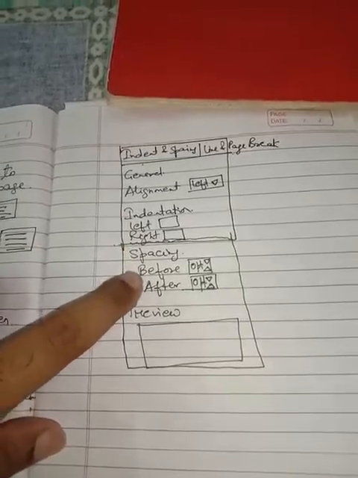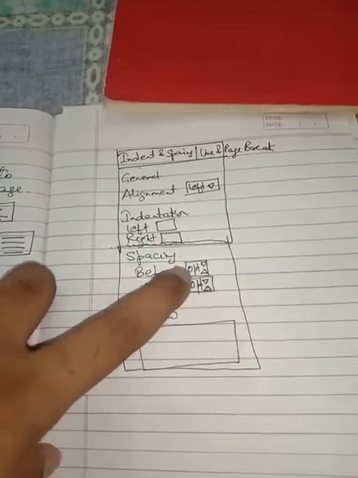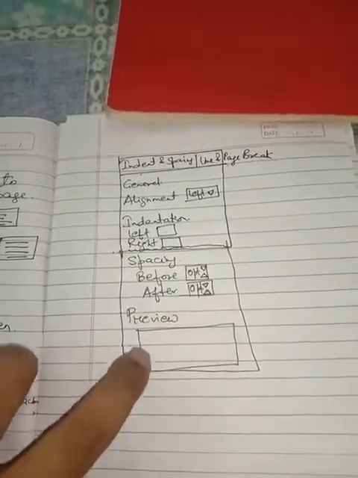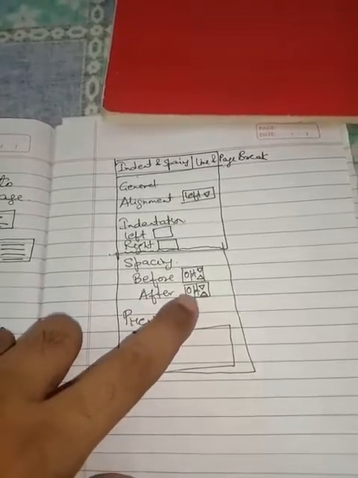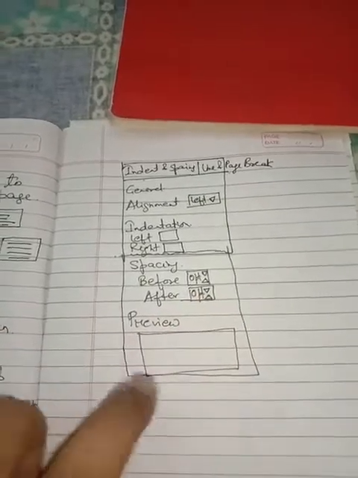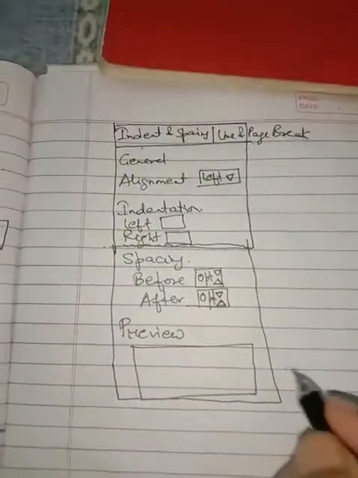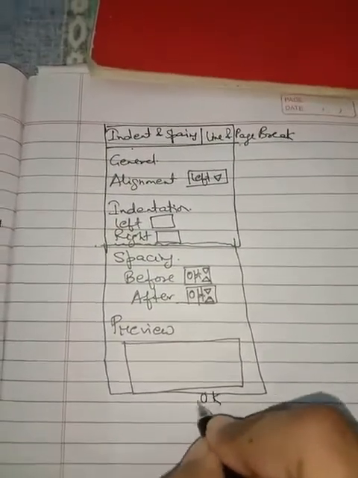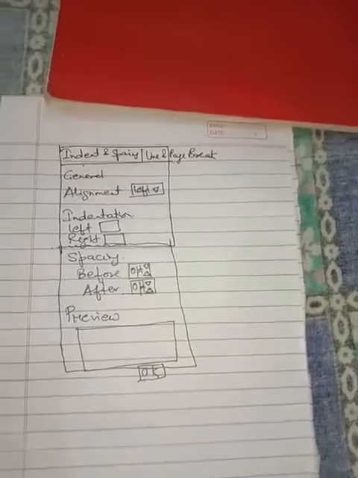In spacing, if you select before, that means the space before the selected paragraph, whatever points you give here, that preview can be seen here. And after, whatever values you give will be in points, and that can be seen here. Then you have the options of OK and cancel. After making the necessary changes, you can click on the OK button. So this is how the paragraph spacing can be applied in your content.